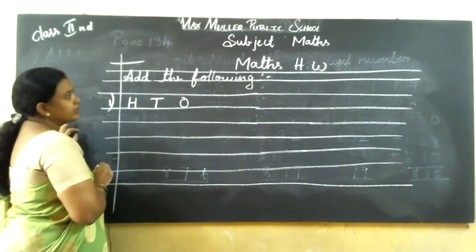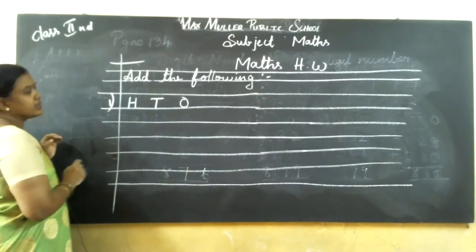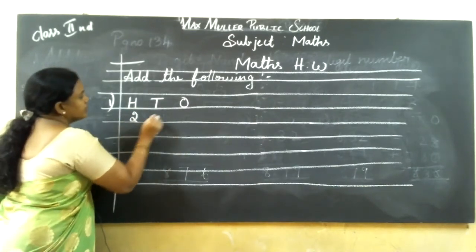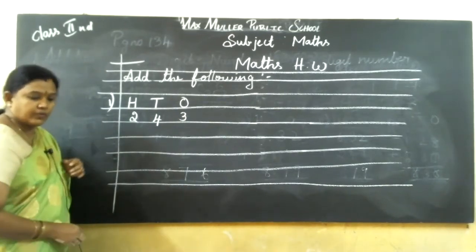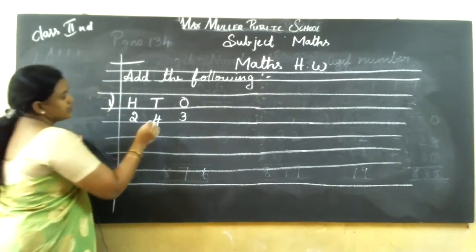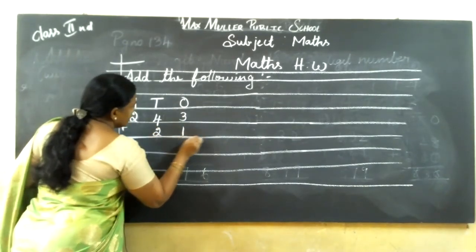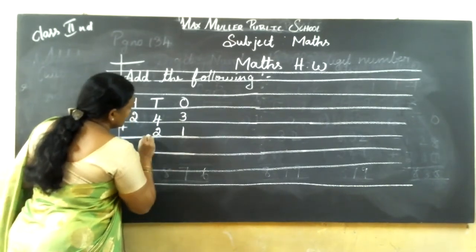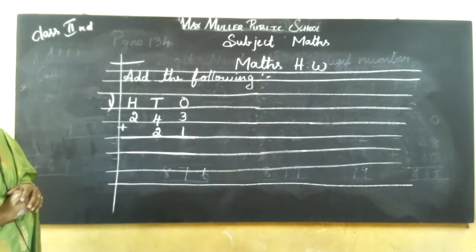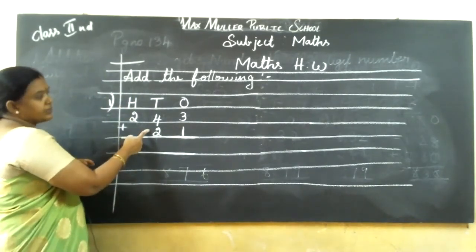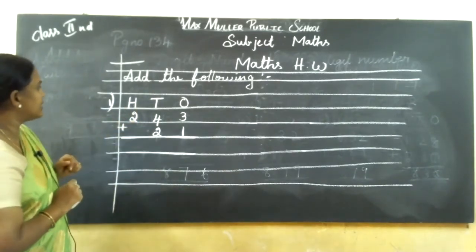So, you want to do it in the homework note only. Don't do it in the textbook. Now write 100, tens, ones. After that, 243. 243. 21, yeah, plus sign. See, line only you want to put. Don't put down. This is the first sum, children. This is addition of a 2-digit number to a 3-digit number. This is a 2-digit number and this is a 3-digit number.